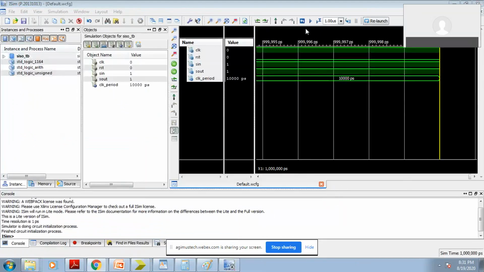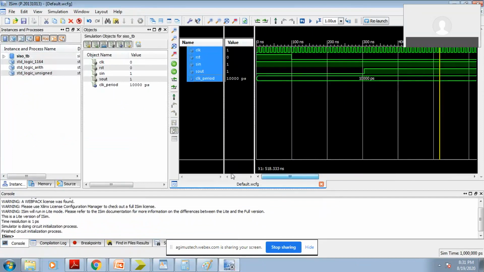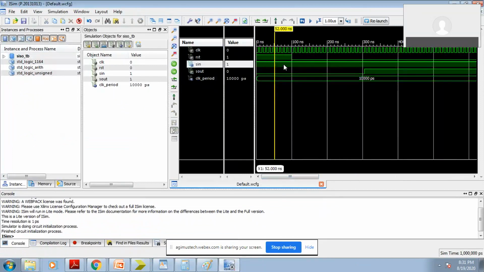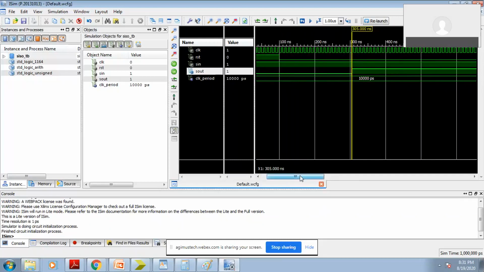So now if you observe the output, we have kept S in as 1, and then after a certain time S out becomes 1.